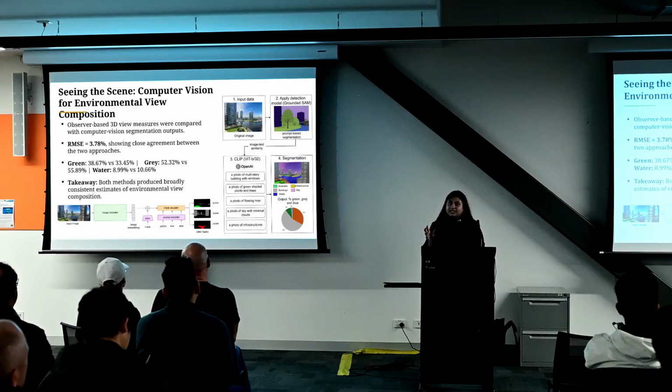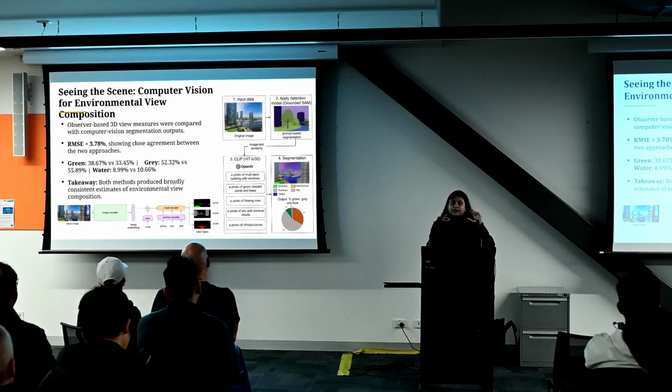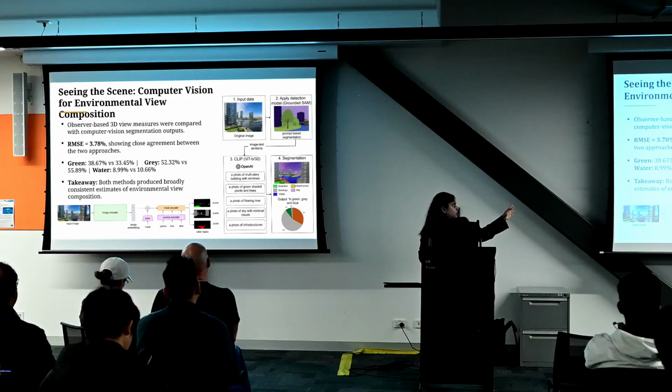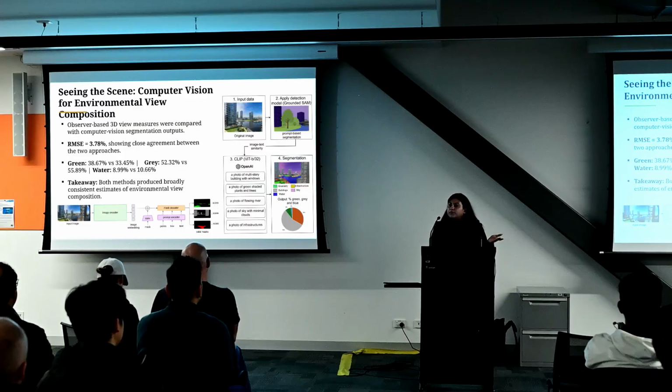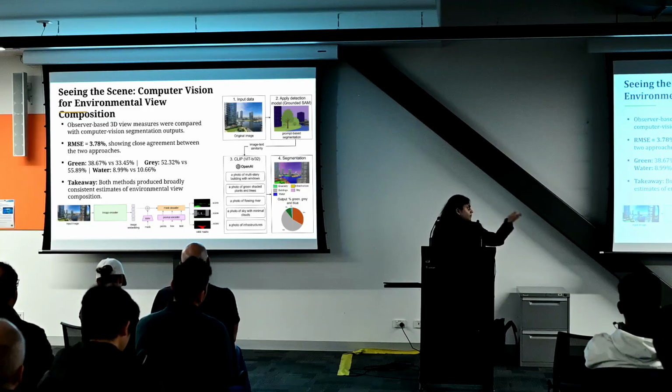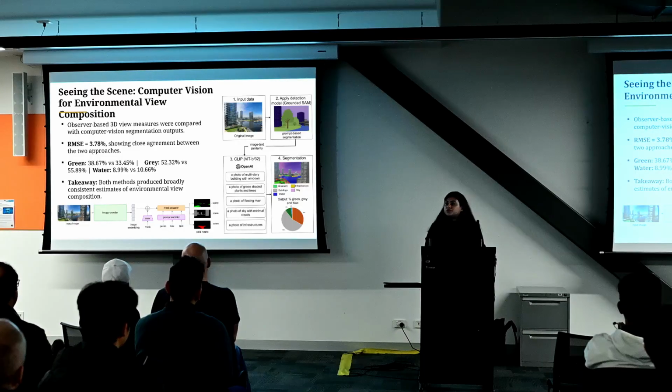So I wanted to see from my building how much my model predicted. In my observer-centered model, it showed 38.6% green from my building, and in image segmentation, it's 33.45. Same for gray, it's 52.32 in segmentation, and my model said 55.89. So the root mean square error is 3.78, which is kind of close to what my observer-centered model did. Now the problem why I did just one image is that it's very hard to get images from all buildings.